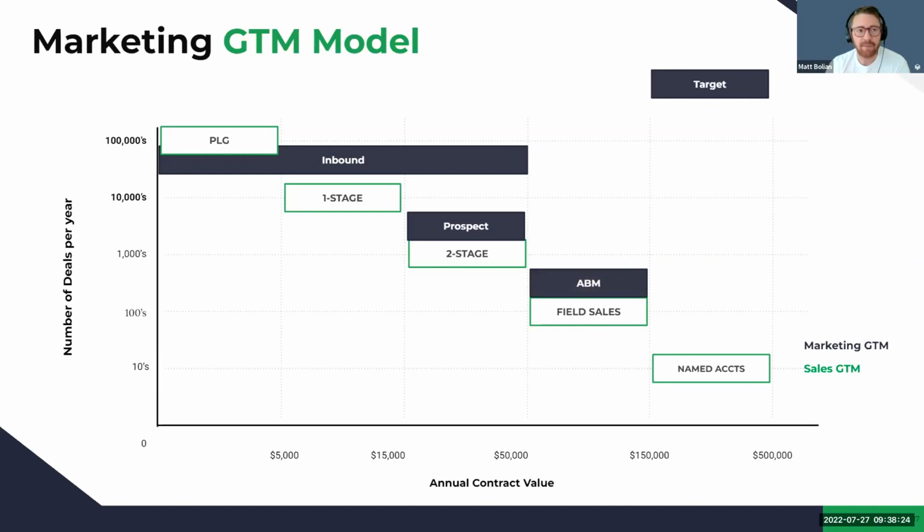Next, ABM. ABM sits on top of field sales to help get into large accounts. You're trying to get mind share of multiple people, because it's like 12 people to make a decision. This is where intent data becomes very helpful, with tools like Terminus, 6sense, and Demandbase, where people are using account-based marketing approaches so that once somebody starts searching, they're just going to hit you. It's like, wow, I just researched third-party intent data, and now 6sense comes up everywhere, even on LinkedIn and Facebook, wherever I'm at, it is there too.